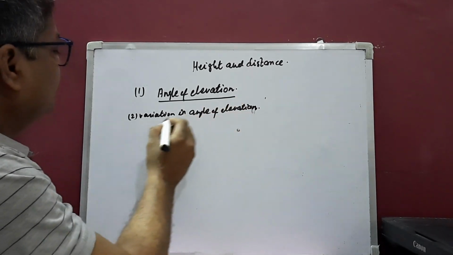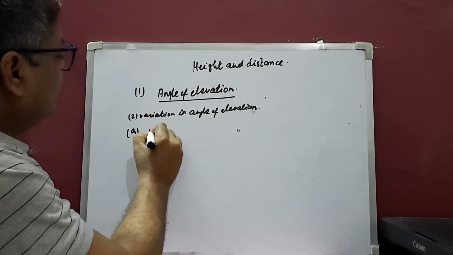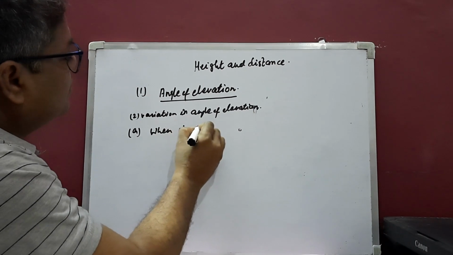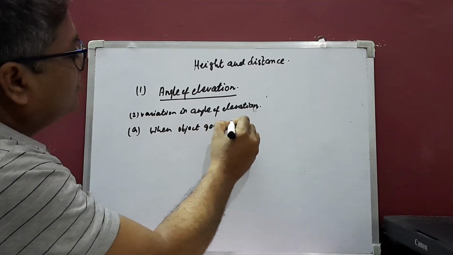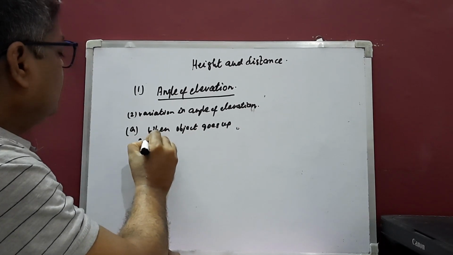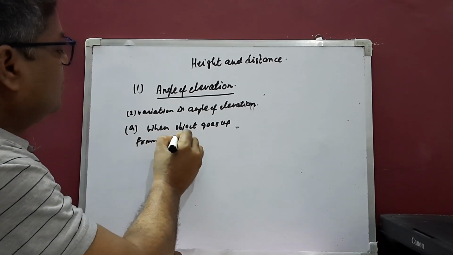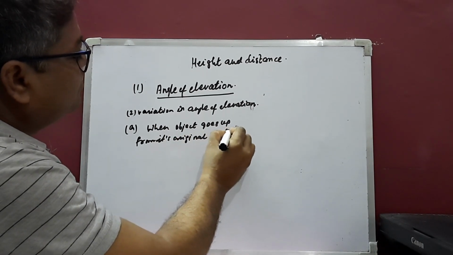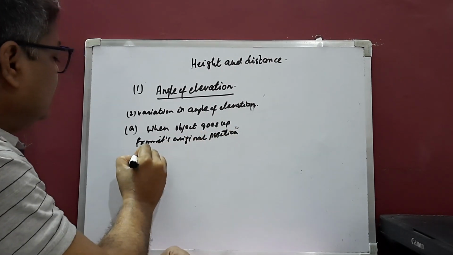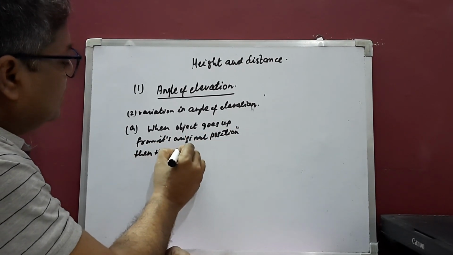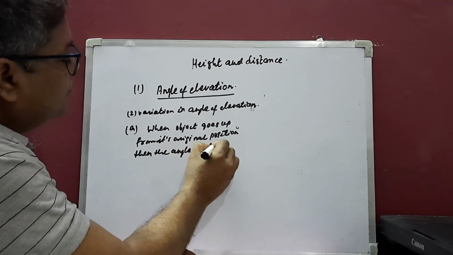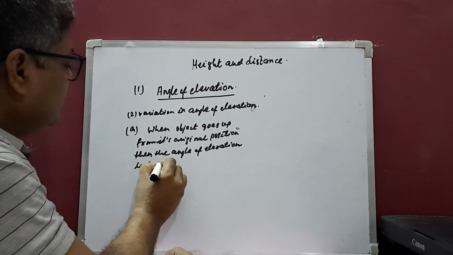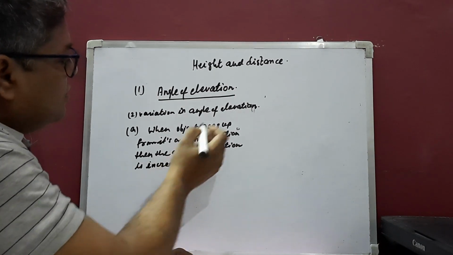First, when the object goes up from its original position, then the angle of elevation is increased. For example,